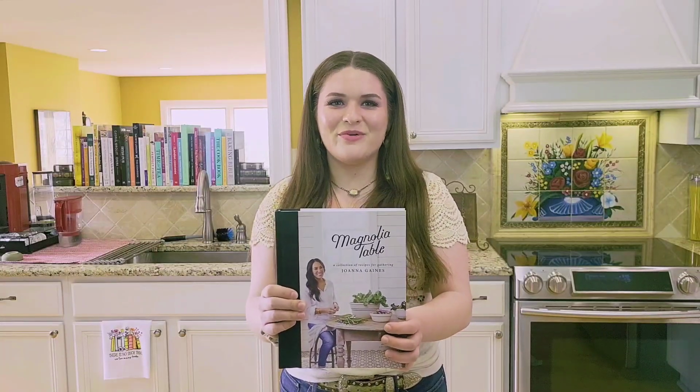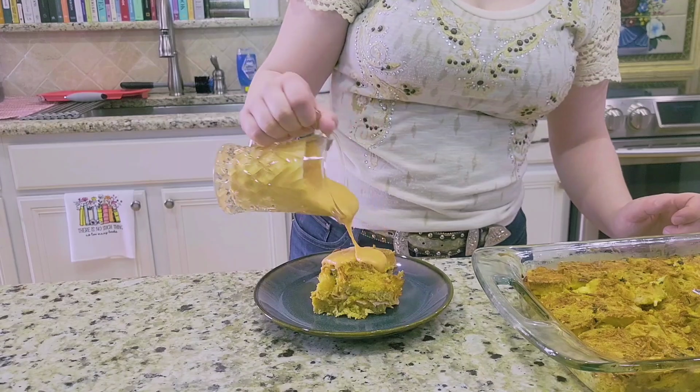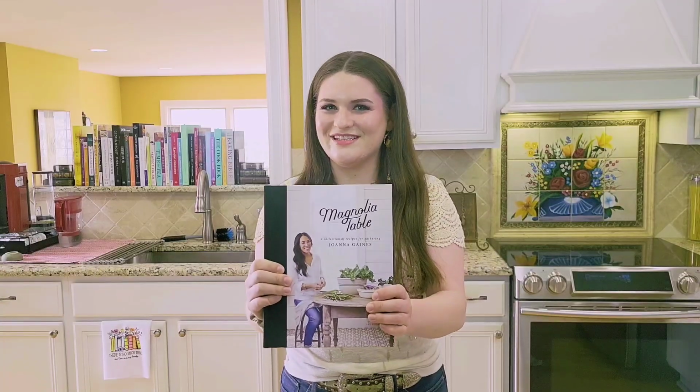Today on Cookin' by the Book, we're making savory ham and cheese bread pudding with tomato hollandaise from Joanna Gaines' cookbook, Magnolia Table. Hi, I'm Bernadette Catherine, and I'm a country singer who honestly has no business starting a cooking